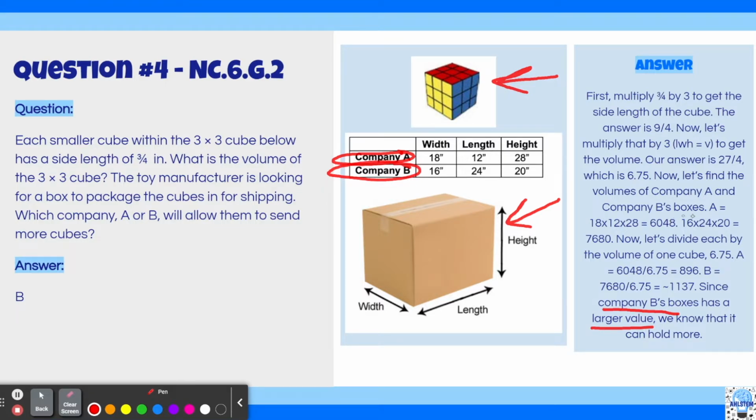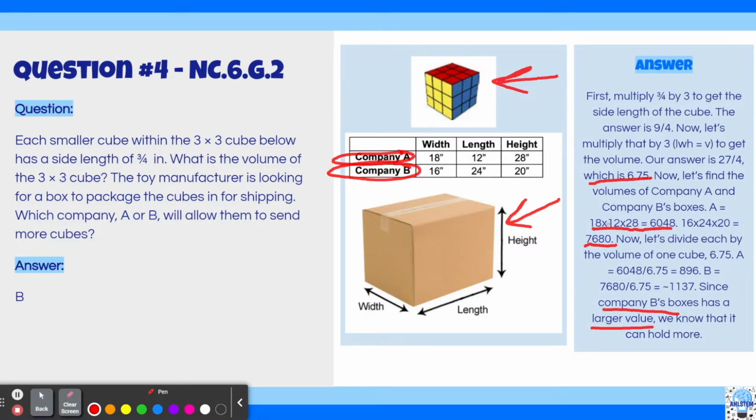Okay, so let's see this. We have to first find the volume of the cube. So we get 6.75 units cubed. Okay, I mean inches cubed. And now company A and company B's boxes. So company A holds this much inches cubed,